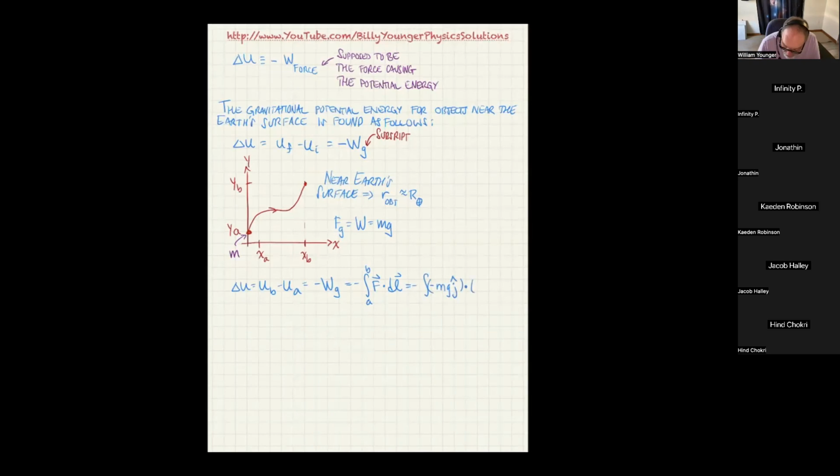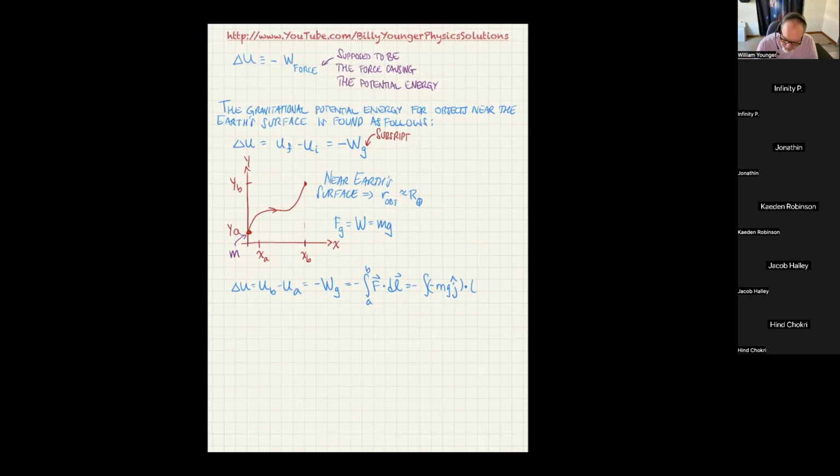I'm going to just choose the positive coordinate direction for my DL, and I'm going to let my limits of integration dictate the direction I'm going. So remember, that's the rule with path and line integrals: you either allow the limits of integration to go from small to large, and then DL points in the direction you're integrating, or you allow the limits of integration to go from your initial point to your final point, and then the DL will point in the positive coordinate